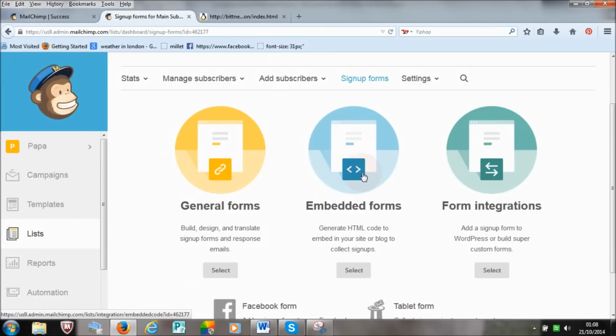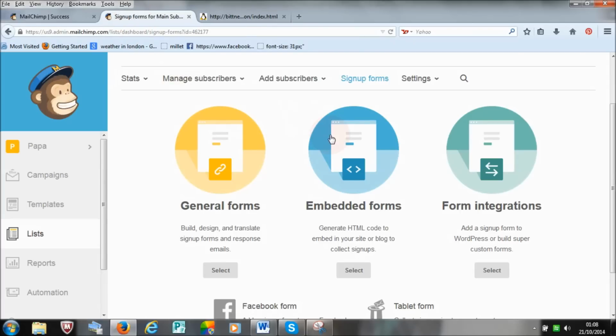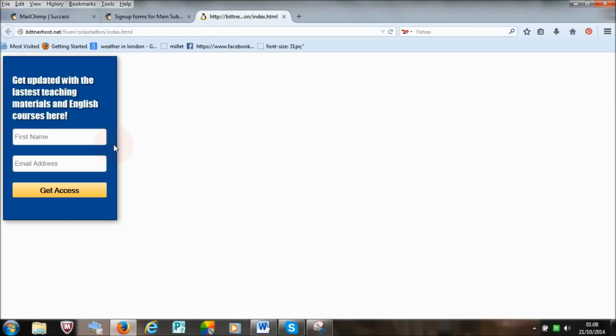This is an example of an embedded form. Yep. So I created this particular one on Fiverr, and I've got a video on how I did this. So if you're interested, just click the link now or check the description box below to check out that tutorial. Anyways, so you can either embed this form into your website,